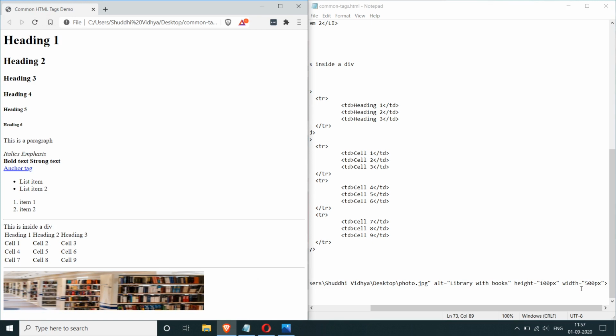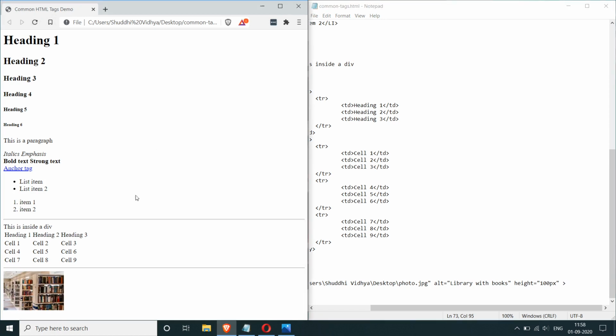The image would have a certain aspect ratio. Aspect ratio basically means the width of the image divided by the height. So it's a ratio. And when you specify both the height and the width, it will modify the aspect ratio. If you just want to limit the size of the image, you can just specify one of these. You can either specify width like we did before, or you can also specify just the height. Let's try that. So you can see here, when you specify just the height, it looks back to normal.